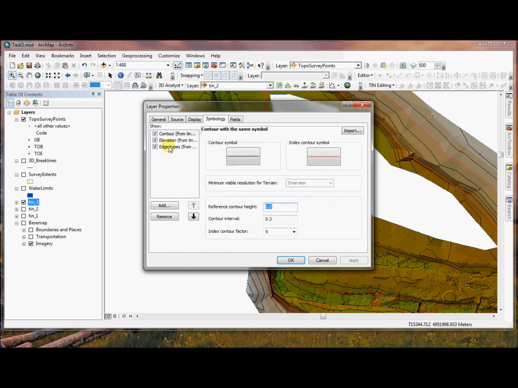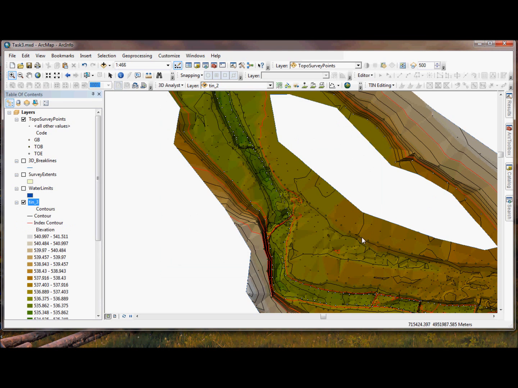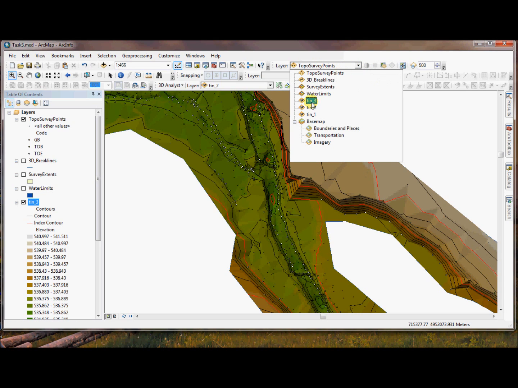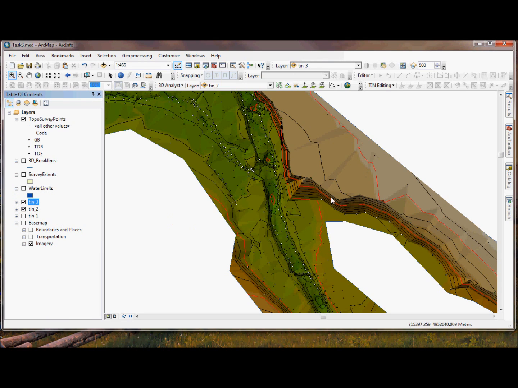I'm going to go back to properties here, edge types, and hard edge. Okay, for some reason it's not showing those break lines, but we can see the influence of the break lines pretty well. What I will do is use my effects toolbar to illustrate that to you. If I put tin 3 on top, and then make sure that I have tin 2 underneath, and then I swipe around in some of these areas, you can see the difference in having those when I swipe and pull away